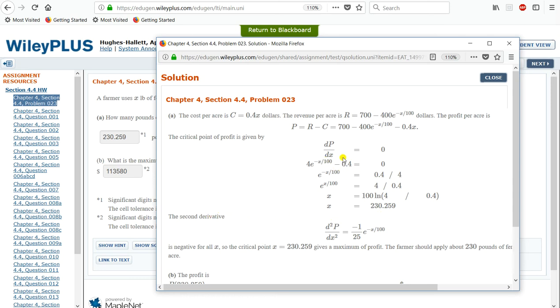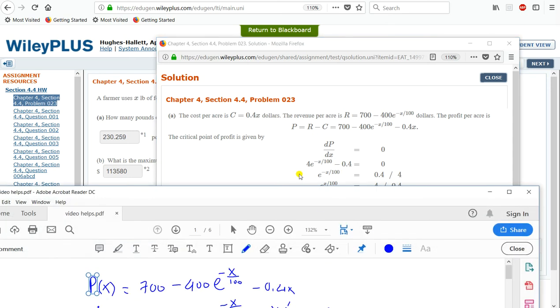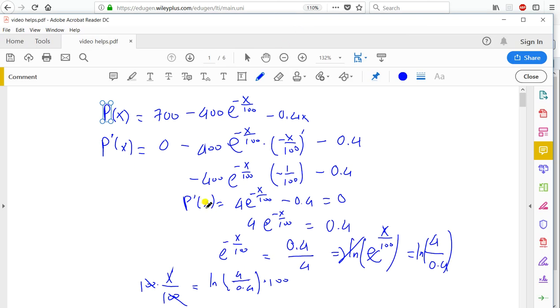So from p prime, which is this function here, we can then find p double prime, the second derivative, and the constant becomes 0, so we don't care about that. The 4 stays the same, and the exponential also stays the same here. And because this is not x only, you have to apply the chain rule, take the prime of that, and that becomes minus